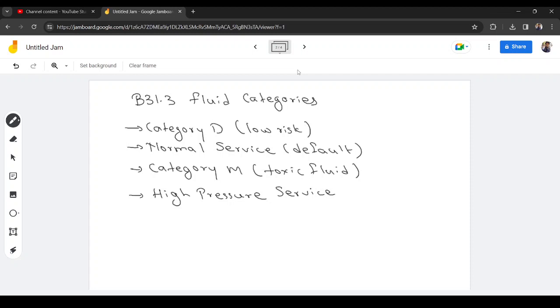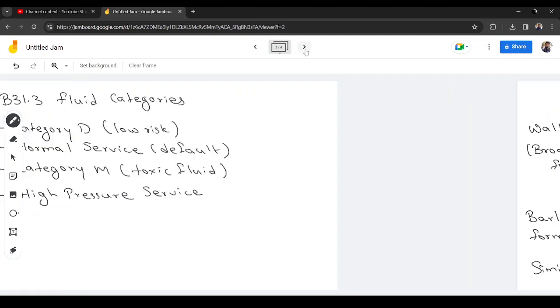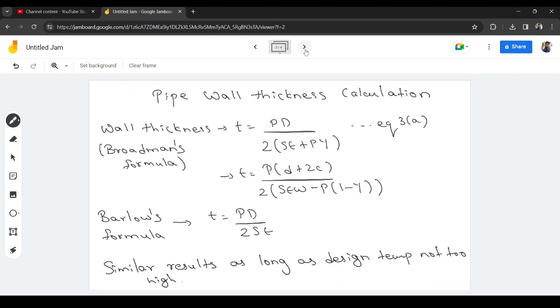Category M services are for toxic fluids. And high pressure service: if your system is running at high pressure, then it has to be considered as a high pressure service. The next thing that we have to understand is that while doing hydrostatic test, or when considering